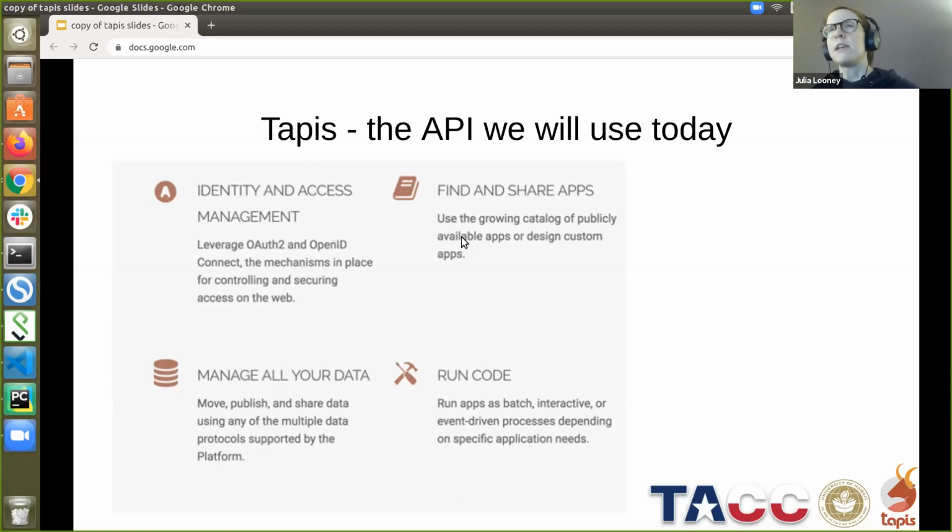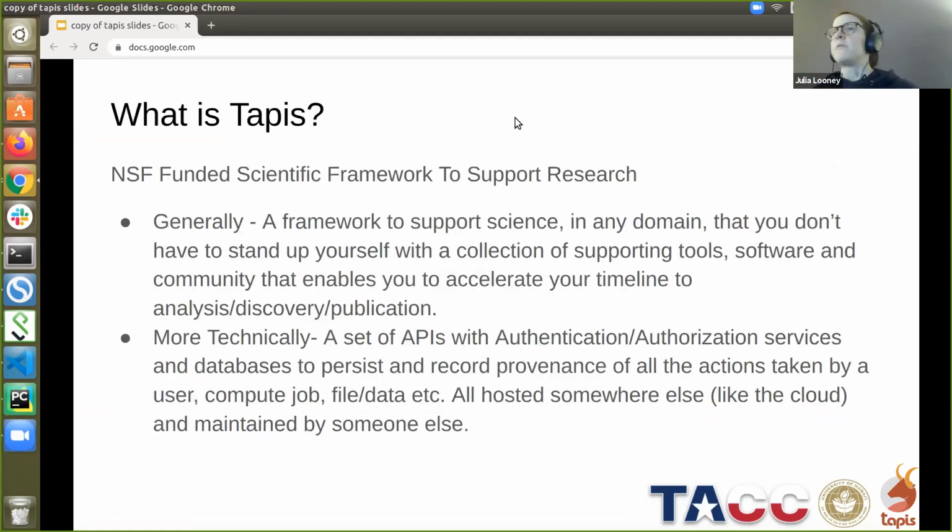And then another use case that you'll also see later is finding apps and using apps, as well as managing data and running jobs and code. So Charlie already kind of mentioned what TAPIS is, but on a high level, it's basically just a framework to support science in any domain, so that you don't have to stand up all these tools yourself. And on a more technical level, it's really just a set of APIs with authentication services and databases to